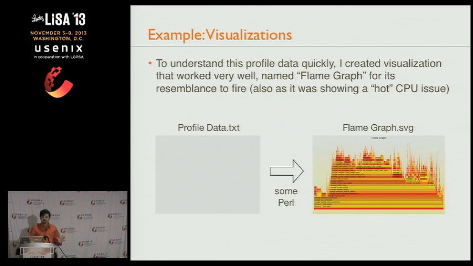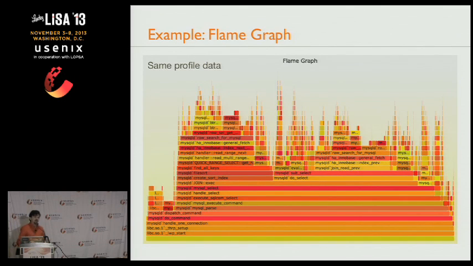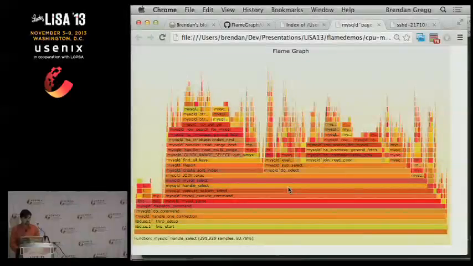So I tried a bunch of Perl to visualize it in different ways and came up with flame graphs. Again, I was creating these under duress. I haven't saved all of the failures that I've done, but one of these days I'll give a talk of failures of visualization. The one that really worked was flame graphs, and the same gray square that you saw earlier as a flame graph looks like this. And I'm just going to switch to my browser.